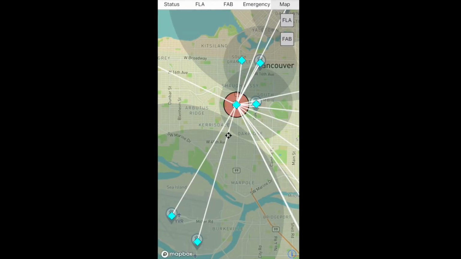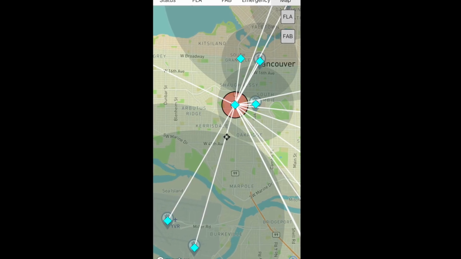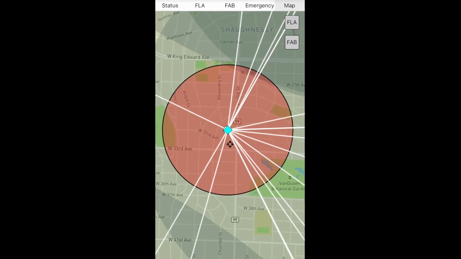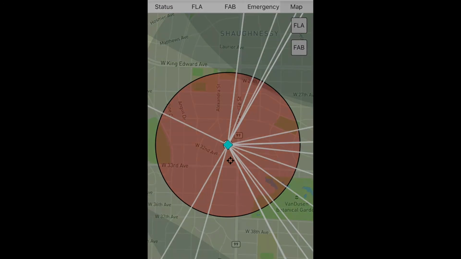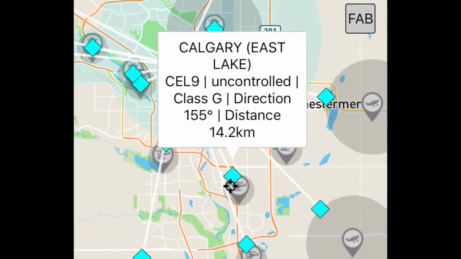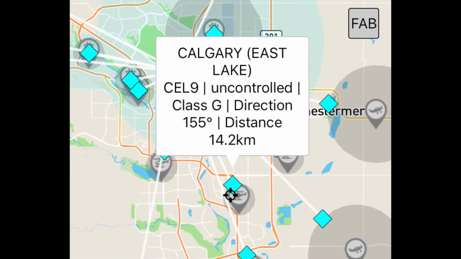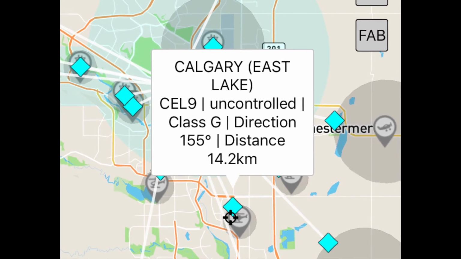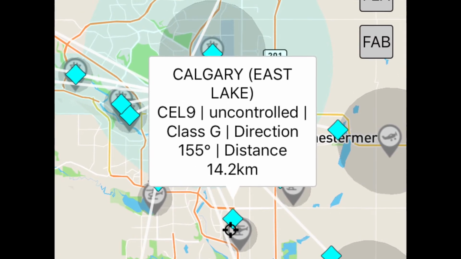If you click the Map tab, the map will zoom to the flight limit area. To zoom out, click the gray FAB button on the right side. Clicking the FLA button will zoom you back in. The diamonds represent the intersection points with airspace and airports. Clicking the diamonds will provide additional information and update the emergency script under the Emergency tab with the selected airport